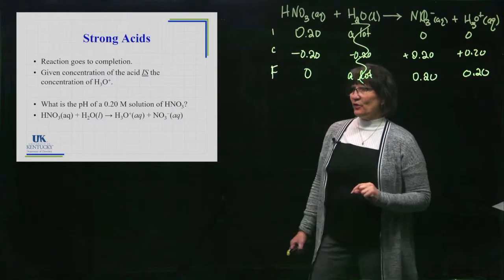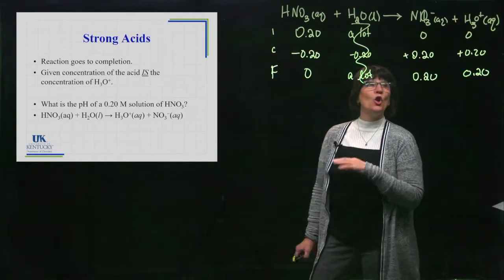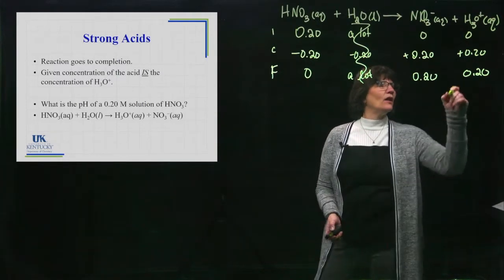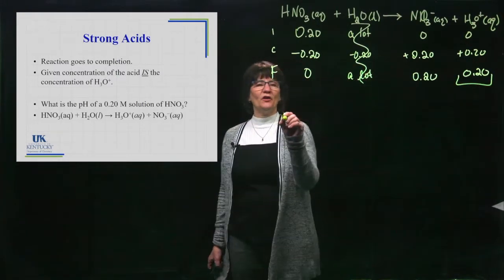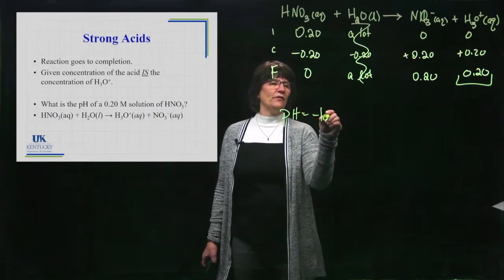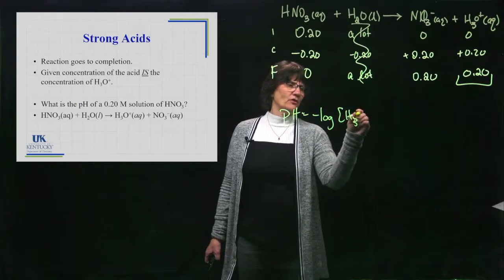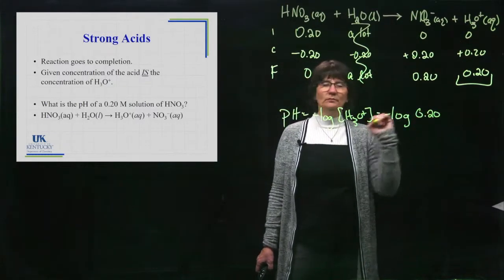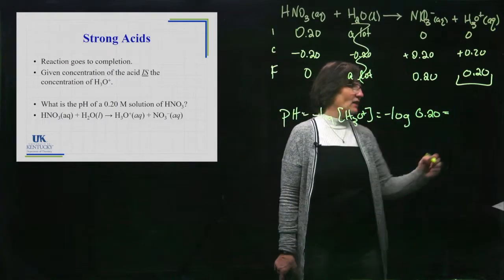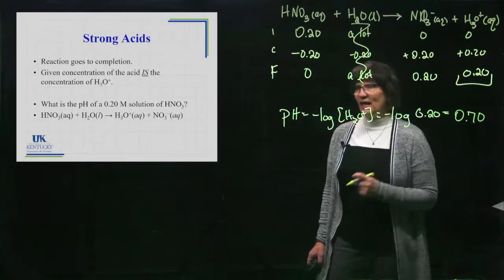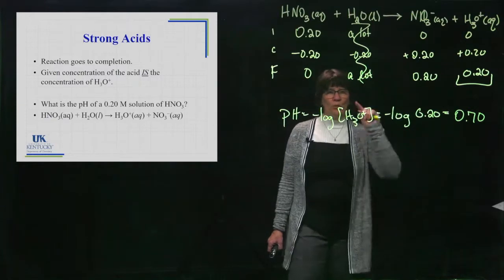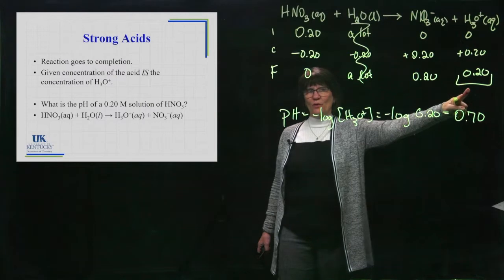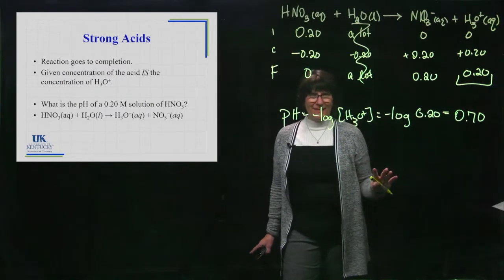So now, if we're trying to figure out the pH, what of this information do I need to know? Well, this is what I need to know. I need to know the concentration of H3O+, because pH is equal to the negative of the log of the H3O+ concentration. So all I have to do is plug in that 0.20, okay, and that will give me the pH. So if it's a strong acid, calculating the pH is pretty straightforward. You put in the concentration of the acid because its concentration is the concentration of H3O+. I don't want you to skip that step in your mind.